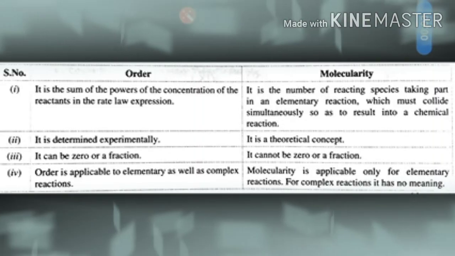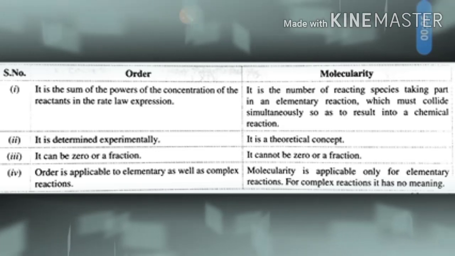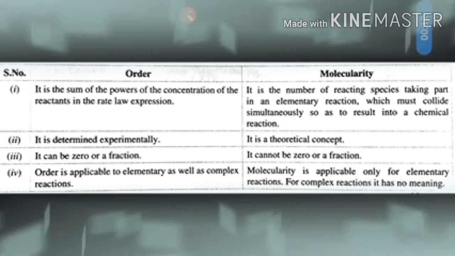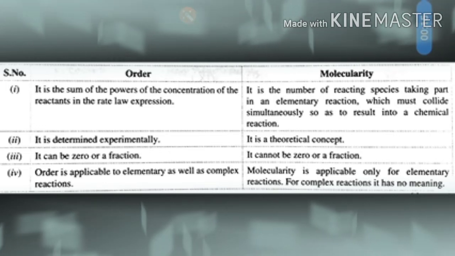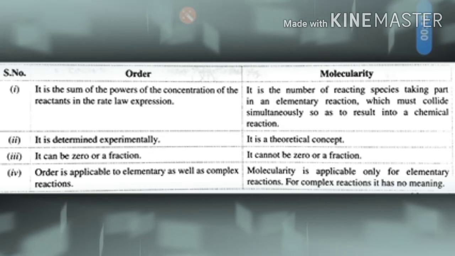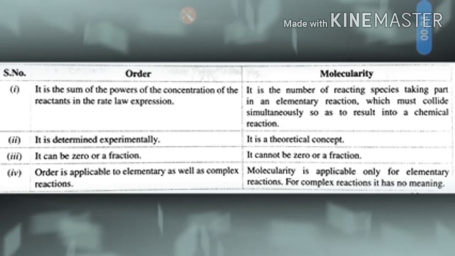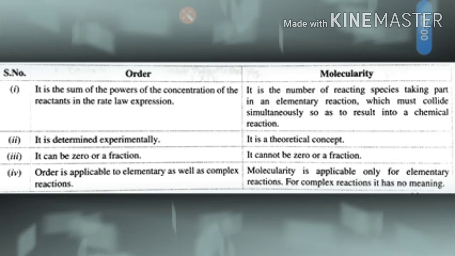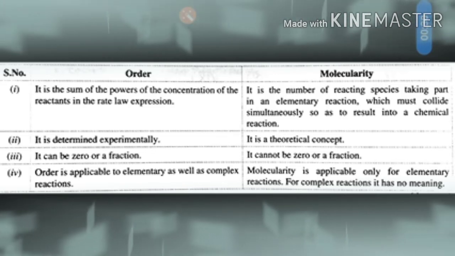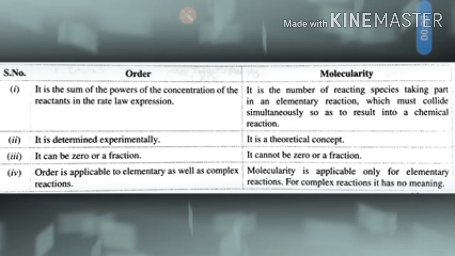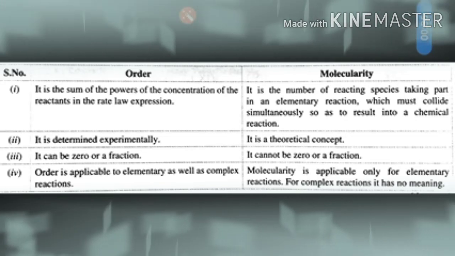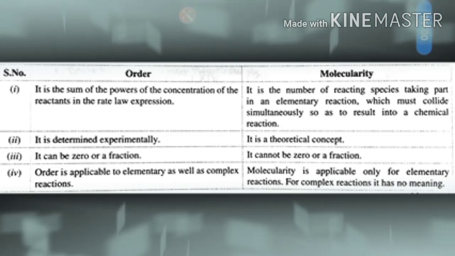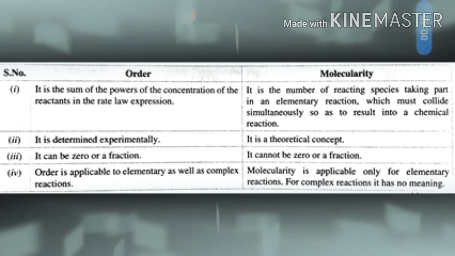So dear students, we have studied order of reaction and we have also studied molecularity. After studying both these things, we will see the similarities and the differences between order of reaction and molecularity of the reaction. First thing I tell you is that order of reaction and molecularity, when we see them in a chemical reaction, come the same. For example, mainly for the elementary reaction, if the order of reaction is 1, the molecularity is also 1. If the order of reaction is 2, molecularity is also 2. Order of reaction is 3, molecularity is also 3. Mainly in the elementary reactions.